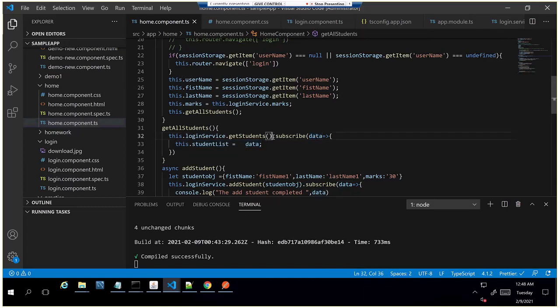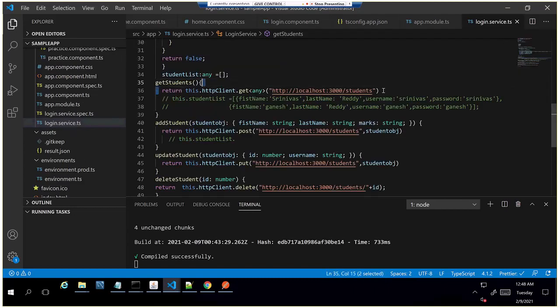So this change I did. What did you do earlier? Earlier we were using this, and in the service we were calling the get student method, and I have modified the code a little bit here. And I am returning only the actual REST API from here.